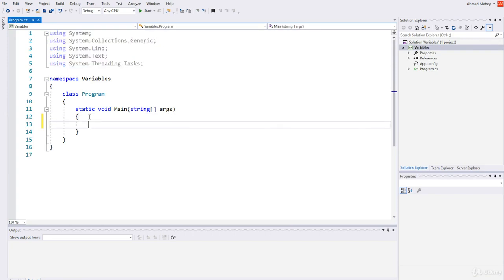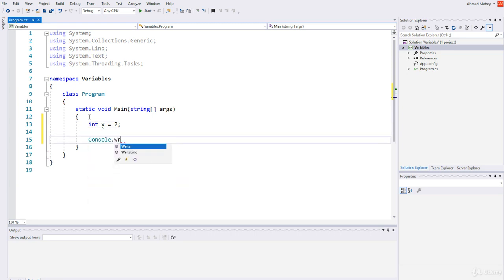Like in the example, I will enter the type int. As you can see, it's turning blue, which means that it's a keyword in the C# language. I will name it x and I will set it to 1, or I can set it to anything, 2 for example. Okay, now I have a variable named x of type int and its value is 2. Let's go ahead and display it using the same class and method. Now let's type it: Number x is